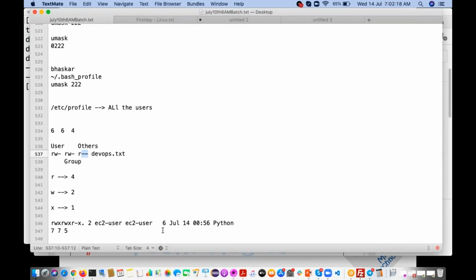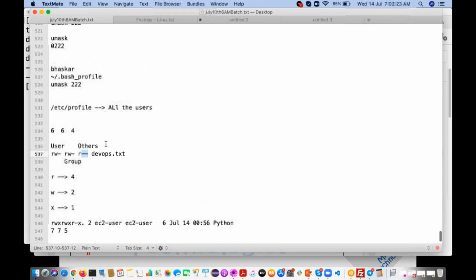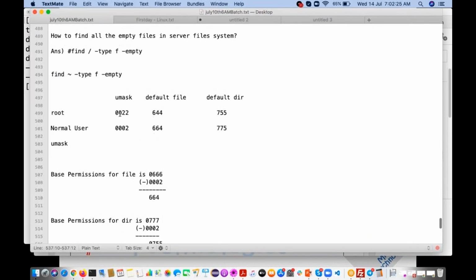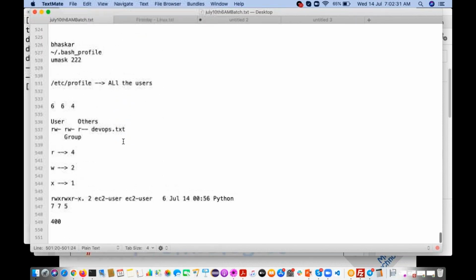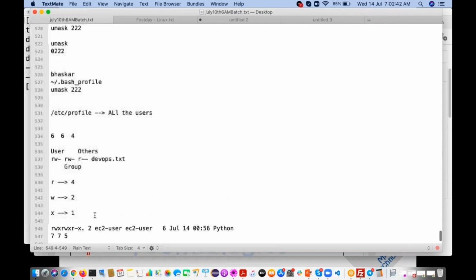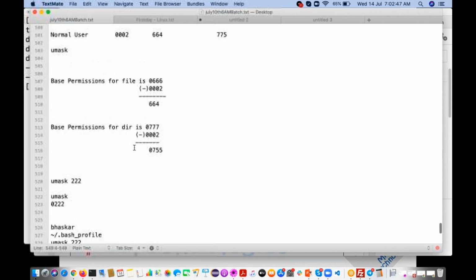See, why do we need to change the UMask value? We have a requirement. These are the default UMask values for root user and normal user. Based on your requirement, my requirement is I want to create all the files with 400 permissions. So what UMask value do you have to give? See, base permissions are 666.